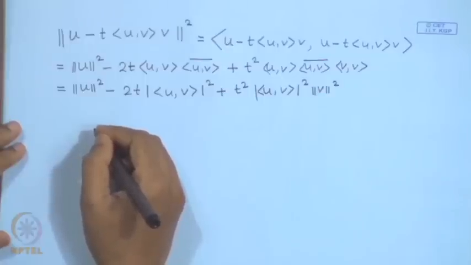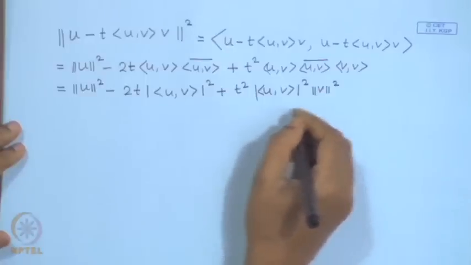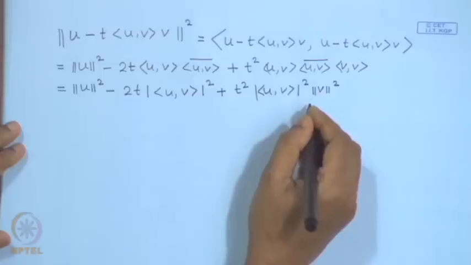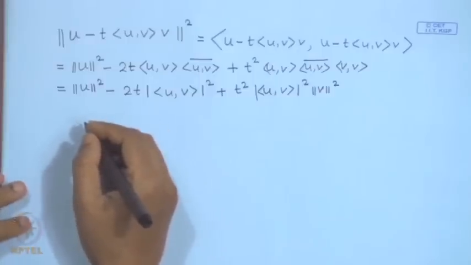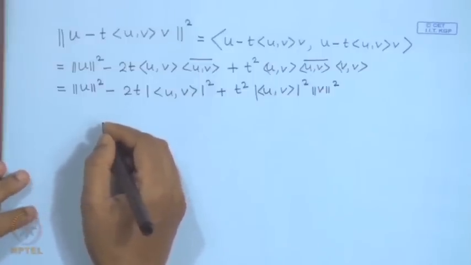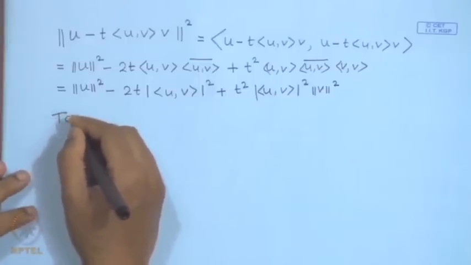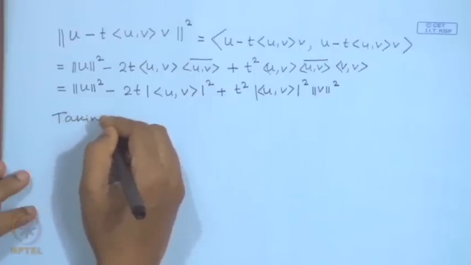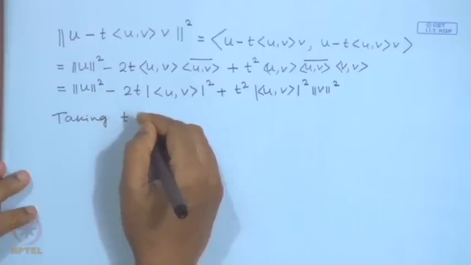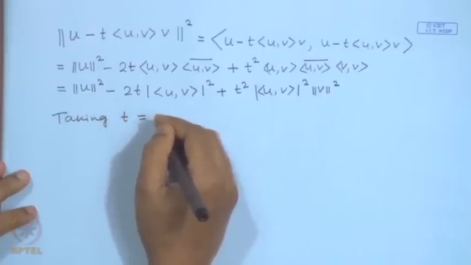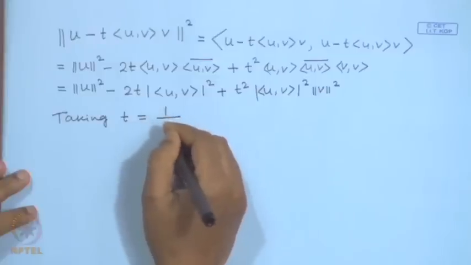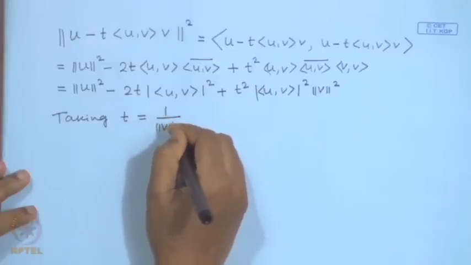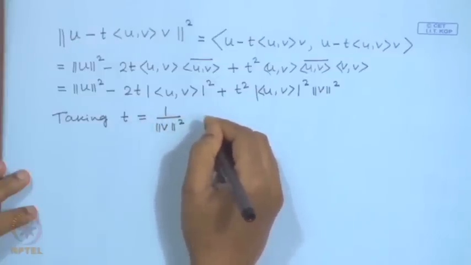So, this is true for every real value t. Here we consider a particular value of t, since we can take any real value for t. In particular, let us take t to be one over the square of norm v,